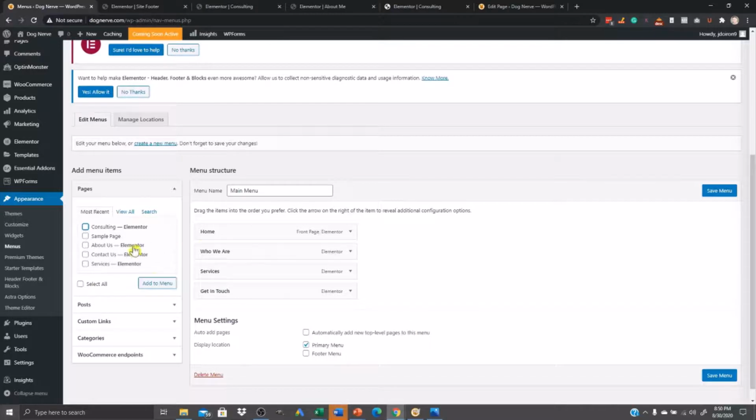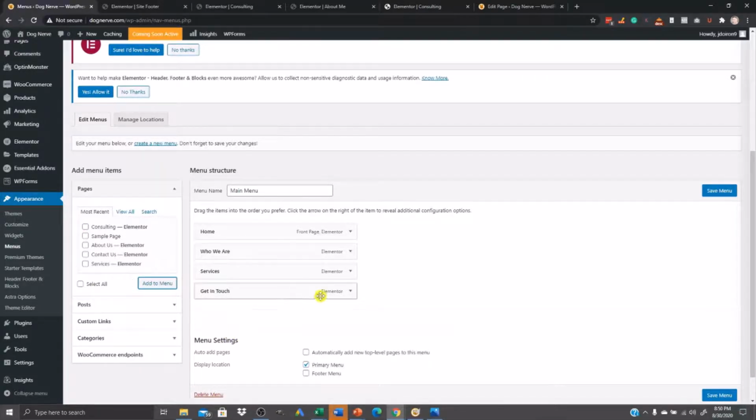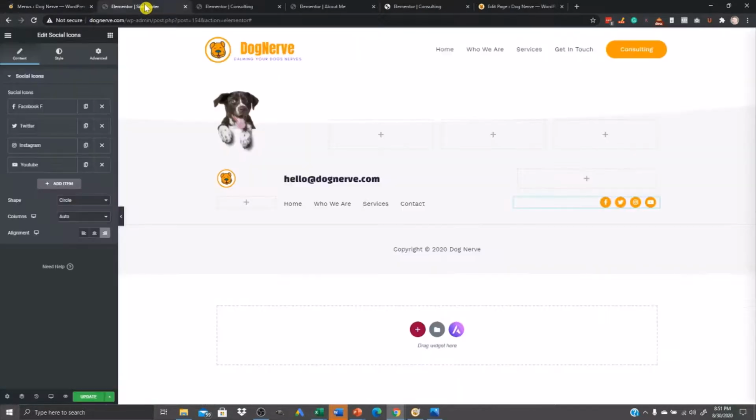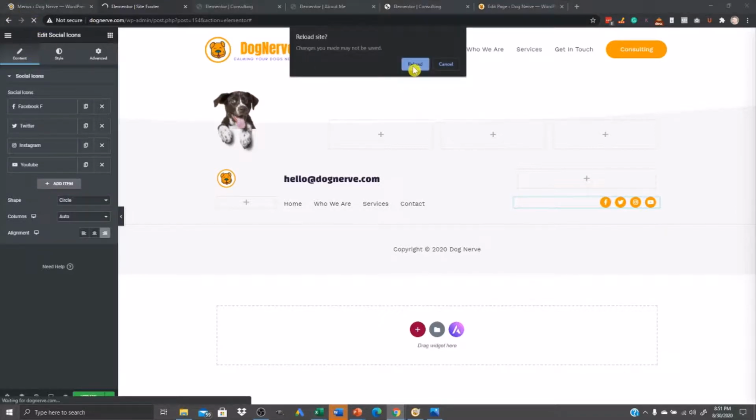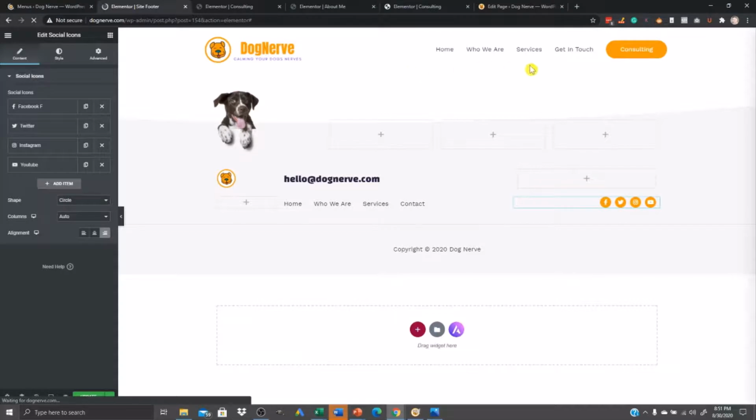So if I wanted to add this consulting page, for instance, which we already added in our header as a button, but just for an example, let's add this to our menu, and it's going to come up at the bottom here. And now I click Save Menu. If I go out to any of my pages, it'll have that once I refresh, which you can do here. I'll reload, and it should pop up here. And it should do this on every page, unless you specify a different menu. Let this load,